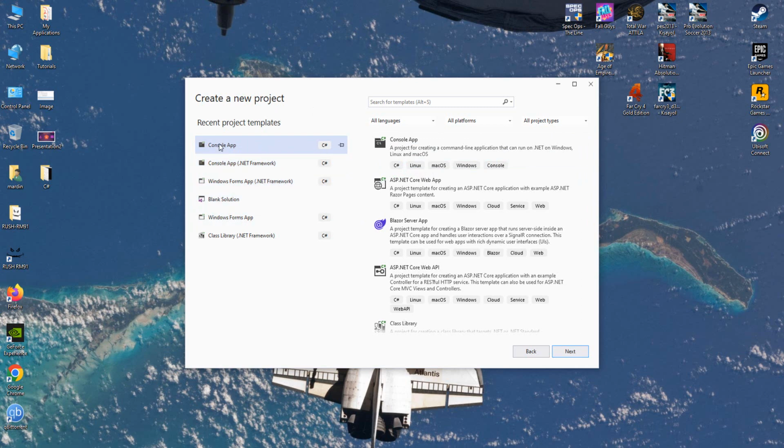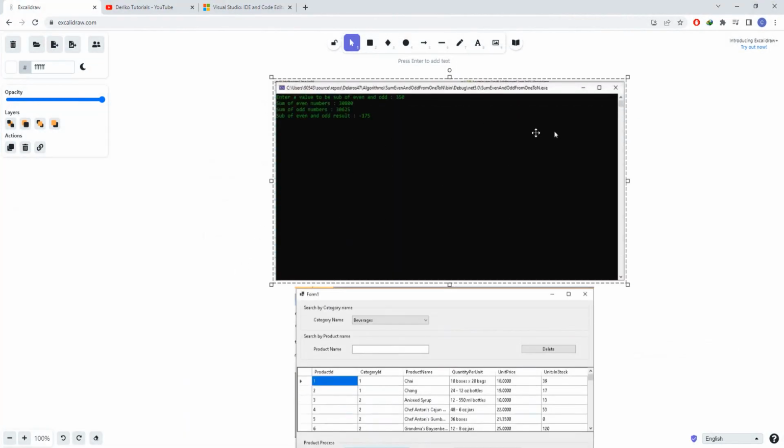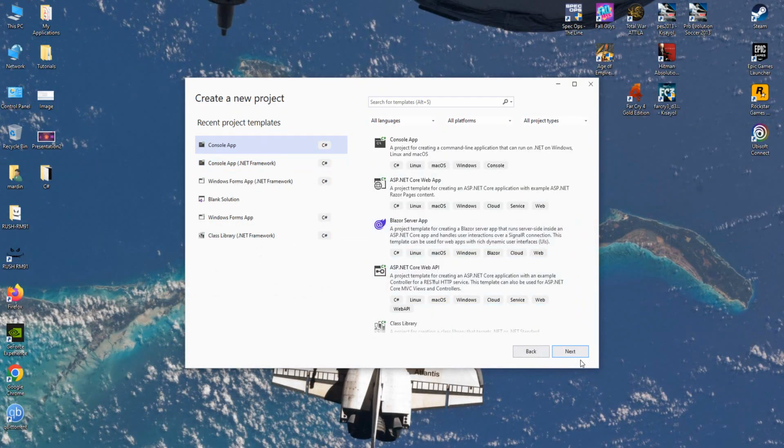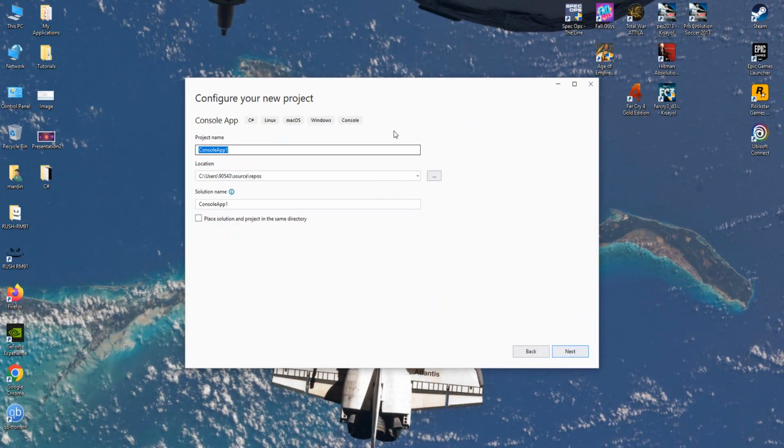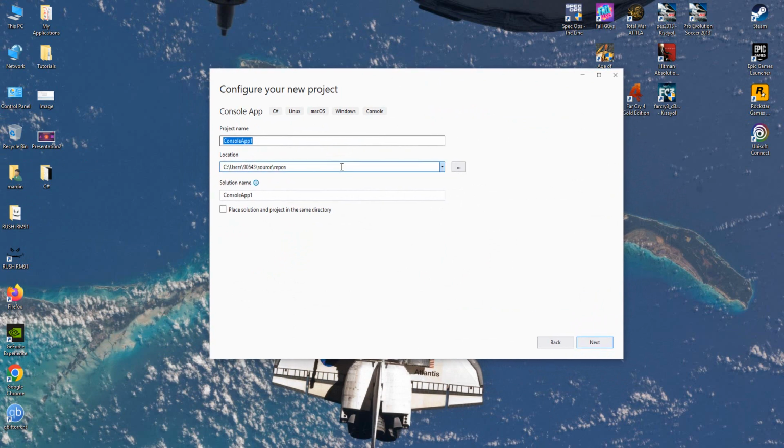Let's choose the console application. As you see, this is the console application. It will be viewed like this. I choose it and I say next. Here we write the name of our project. You can name it anything, and whatever you name it, your solution name will be the same. Later on we'll explain the solution in more detail, but for now just understand this is